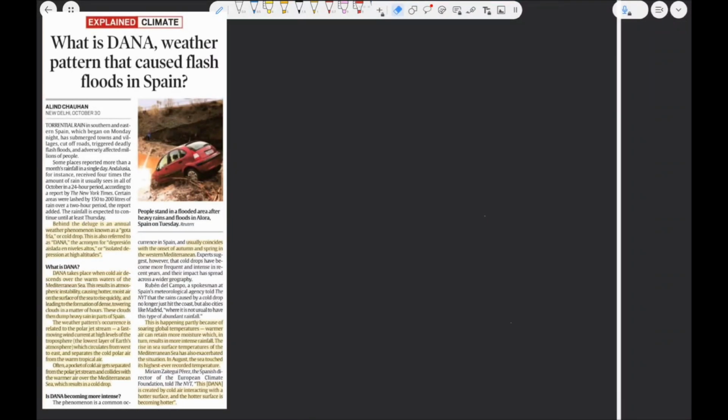Hello students, welcome. Today we are going to learn about Dana, a weather phenomenon that has caused torrential rainfall, and this article has been in today's Indian Express newspaper. So we are just going to learn what Dana is and what this weather phenomenon is in a simplified and easily explained manner. First, before understanding this weather phenomenon, we have to understand a basic thing